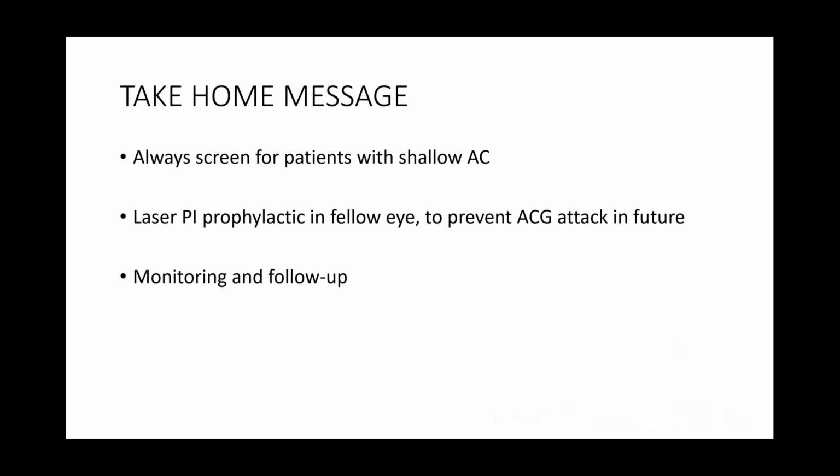Okay, so the take home message is whenever a patient comes to you, especially after the 40s, check the anterior chamber depth, and if any patient has a shallow anterior chamber, subject him to a slit lamp examination for Van Herick's grading and for gonioscopy. If the angle is narrow, go for a prophylactic peripheral iridotomy. Otomy means opening. When you do it with the laser, it is an iridotomy; when you do it surgically, it is an ectomy, iridectomy. So here you do a laser peripheral iridotomy in the eye which presents with symptoms, or in both the eyes when it is asymptomatic. And do not forget to examine the other eye.